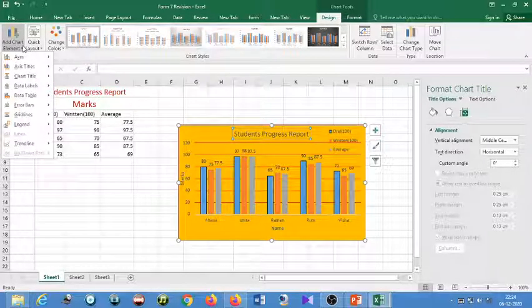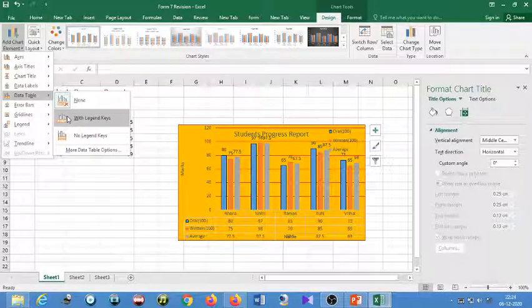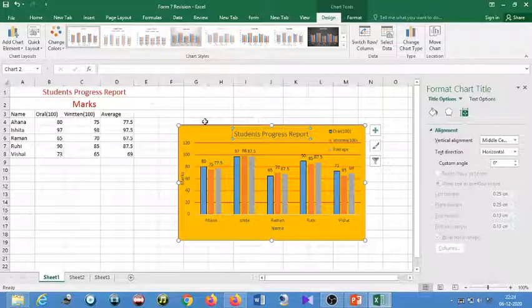Okay, got it students? Then formatting data series, and the data table, if you want to show the data table below your chart, you can show it here like this. So I hope you understood how you can add more things to your chart and make your chart attractive. Got it? Now the next thing I want to explain, students, is